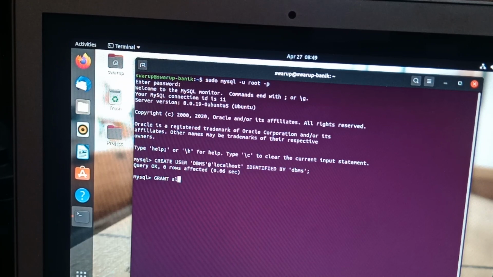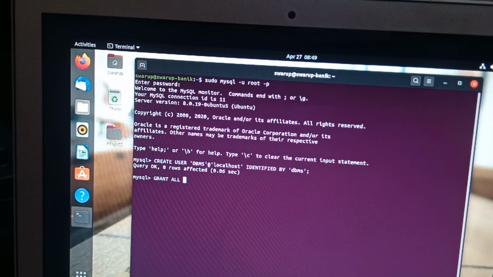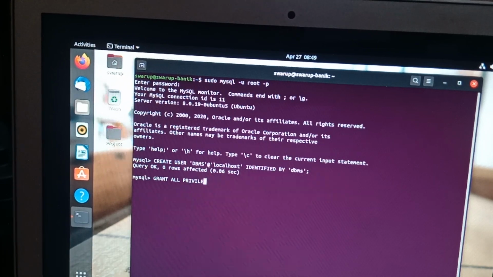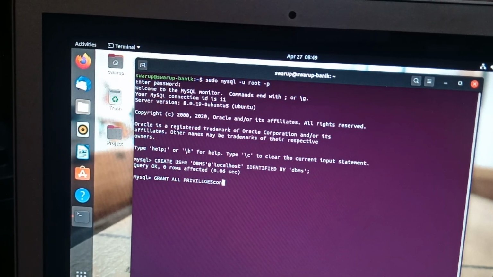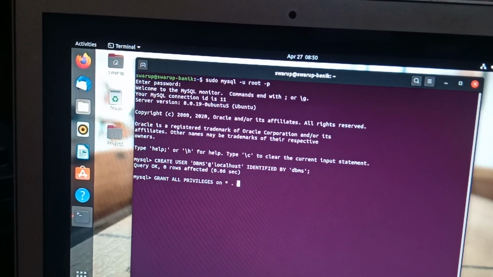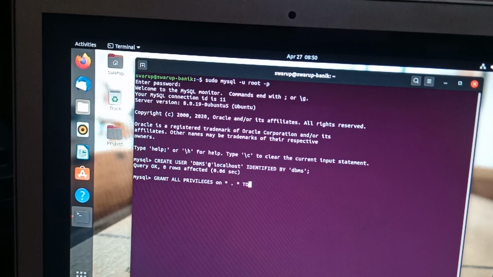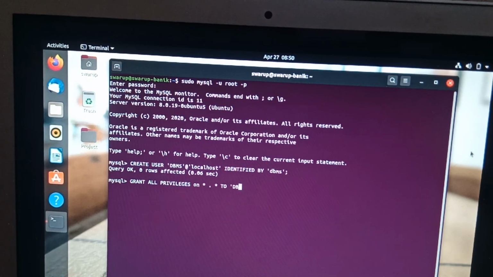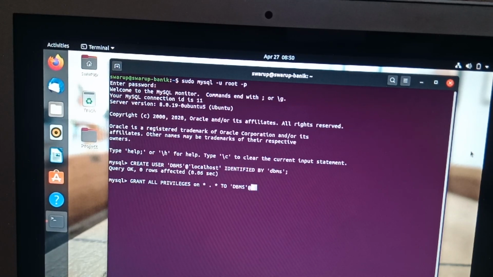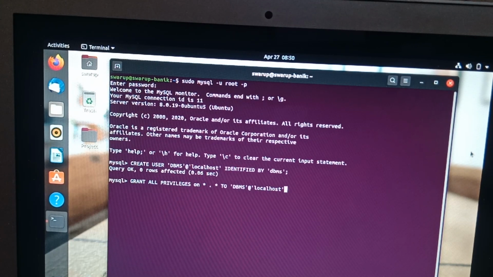GRANT ALL PRIVILEGES ON *.* TO dbms@localhost. Hereby we grant all the privileges.